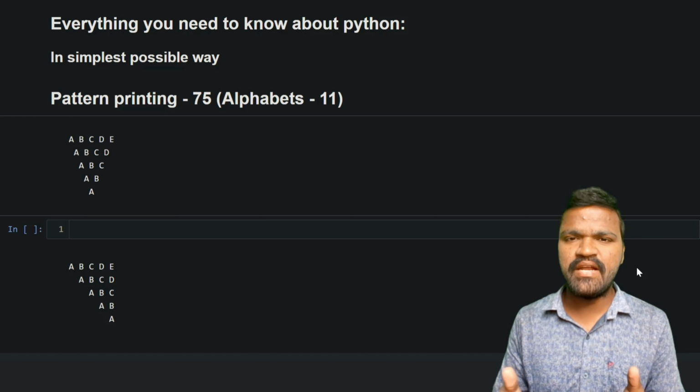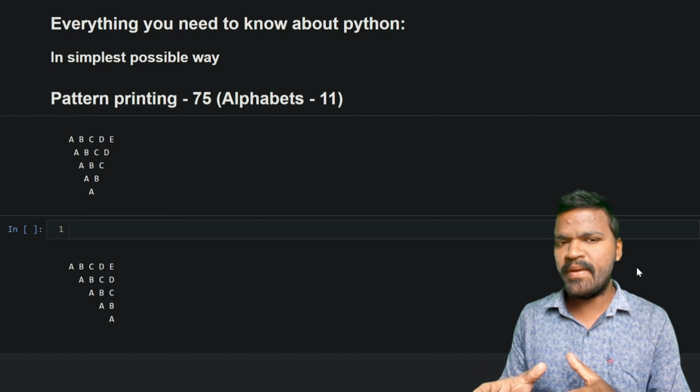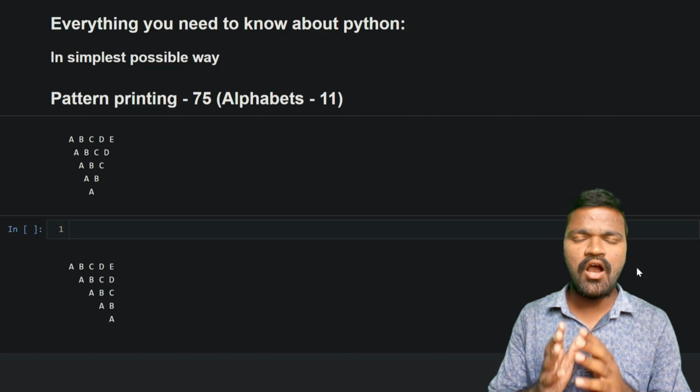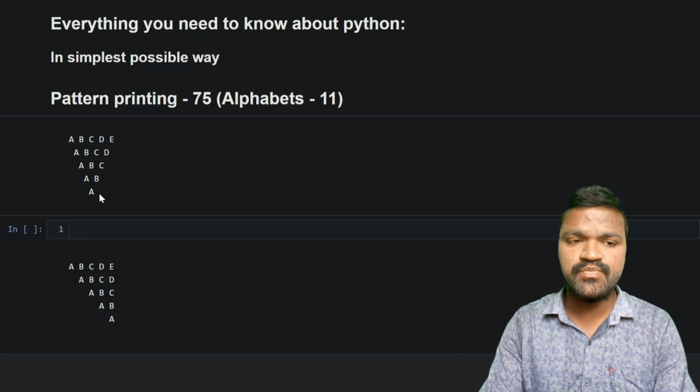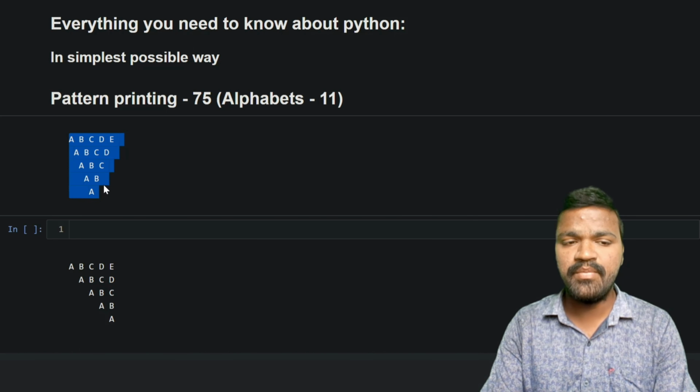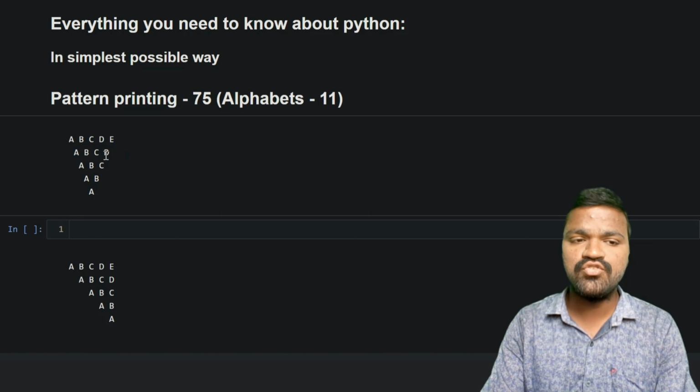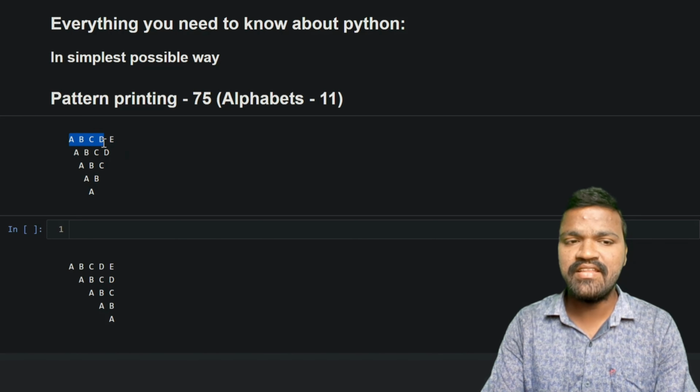In the series of pattern printing, so far we have seen so many patterns. In this video, we will see how we can actually print this particular pattern. If you carefully observe this pattern, we have a specific alphabet, which is A in this case, coming in this diagonal way, and this alphabet B coming in this diagonal way. Like that, the alphabets keep increasing in this diagonal way,